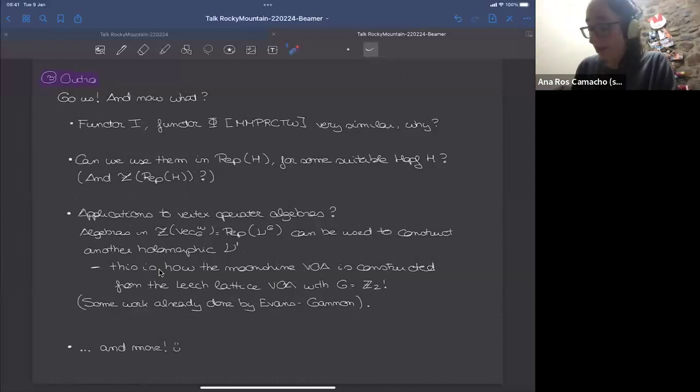There's some work done already in the case of permutation VOAs, worked out by Dave Evans, also here from Cardiff, and Terry Gannon. Maybe that's something worth checking out, because we have very concrete descriptions. It will probably be interesting to understand from the VOA point of view what's going on with all these cohomological functions. I think there are plenty of things to at least have a look at and probably explore.